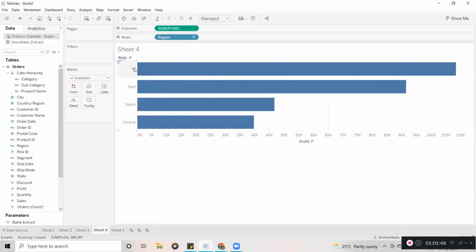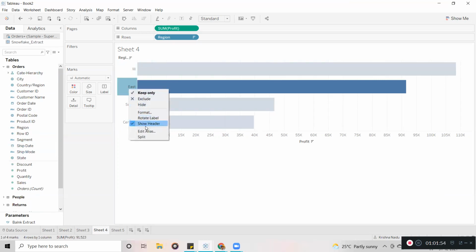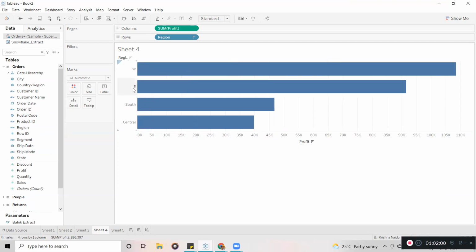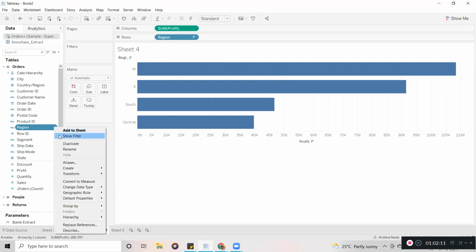duplicates. Now here you can see this is one thing. Now go to regions. So this is one way you can create an alias. Okay, East, you can mention E and OK. The first way is you can directly right click on this and edit aliases. Another way is you can go to region, click on it and go to the aliases option.